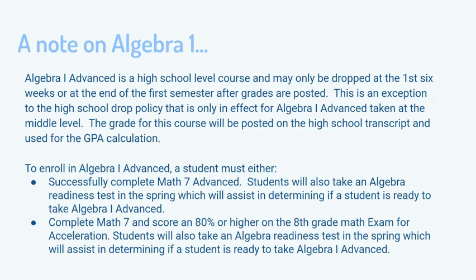A note on Algebra 1. Algebra 1 Advanced is a high school level course and may be dropped at the first 6 weeks or at the end of the semester after grades are posted. This is an exception to the high school drop policy and only affected for Algebra 1 Advanced taken in middle school level. The grade for this course will be posted on the high school transcript and will be used for GPA calculation. To enroll in Algebra 1 Advanced, the student must either successfully complete